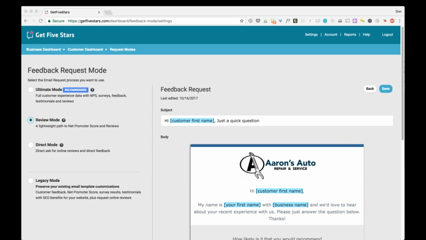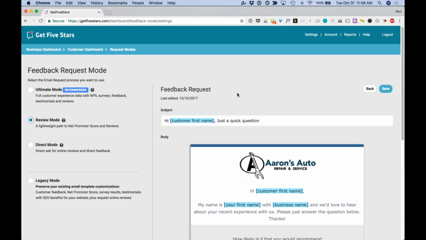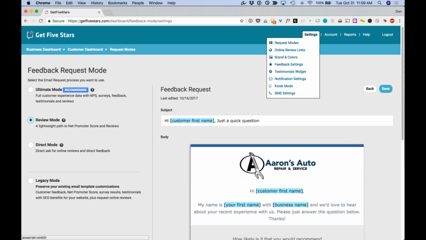Magazi, I hope I'm pronouncing your name correctly. Can you speak to the social sharing on the testimonial widgets and how to add a graphic to go along with the social sharing? Okay, well, one thing you reminded me of that I forgot to show, and if you don't mind, Magazi, I'm going to show this first, and then I'll answer your question. So he's asking, can you speak to the social sharing? Real quickly, though, in addition to the new request modes